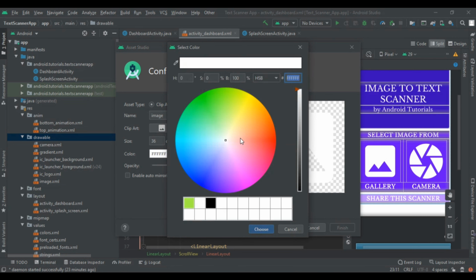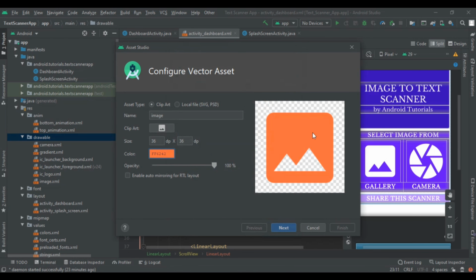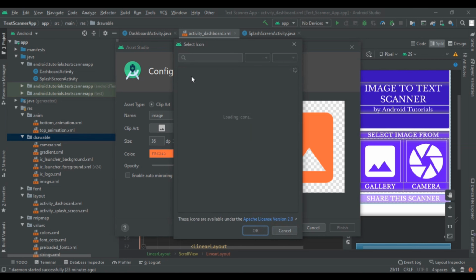So you can use any of this color which is unlimited. So you can see that our color is appeared. If you want to customize it by yourself, then you can do that, and then right click on it, and then when you press on that clip art you will find the dialog like this.